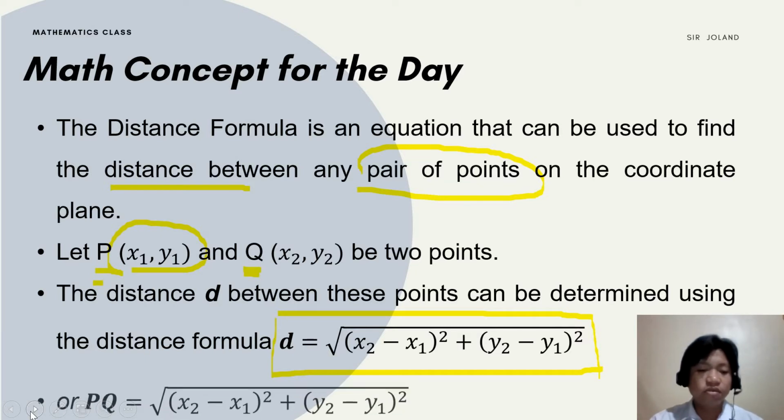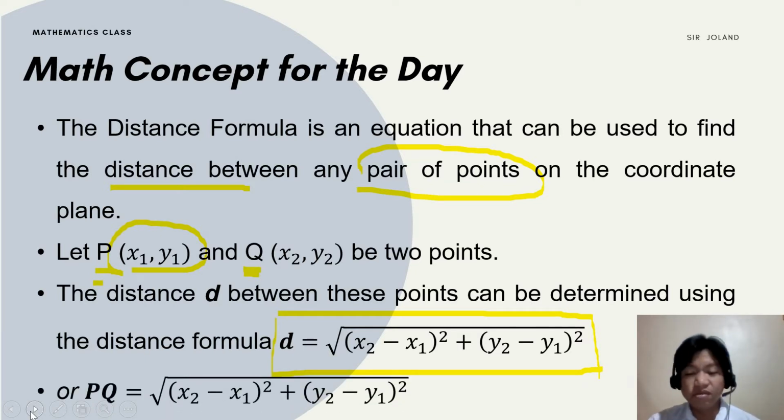Or you can use the endpoints of the segment between the 2 points. So you can write PQ, and you're going to use the same formula also. Okay, it's still the square root of the quantity x sub 2 minus x sub 1 squared plus the quantity y sub 2 minus y sub 1 squared. Okay, so take note of that. Keep that in mind, yung formula na gagamitin natin in getting the distance between 2 points. Okay, now